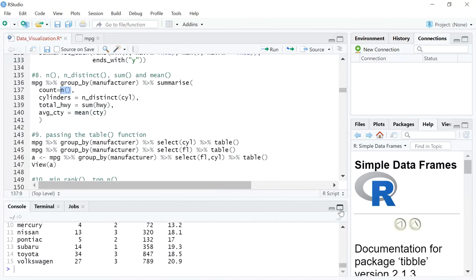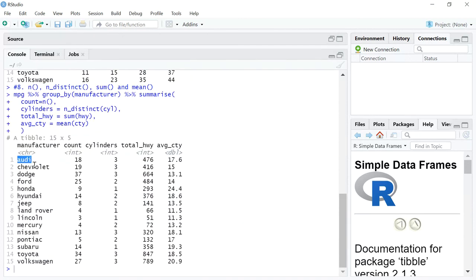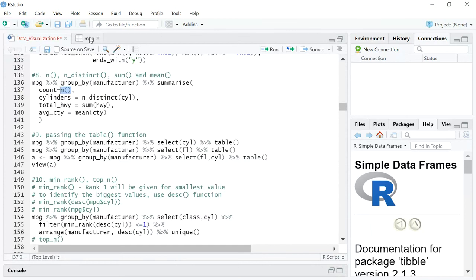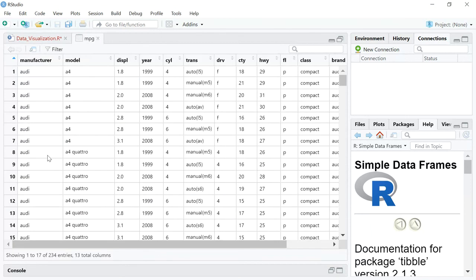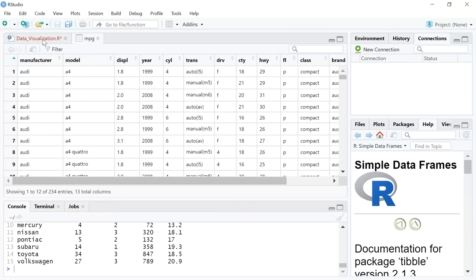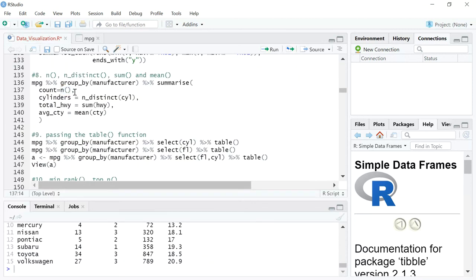So if you want to do a countif, to understand how many, let's say if you look at the mpg database, and if this is on an Excel sheet, what you will do is, if you want to identify how many Audi there are, you will just write is equal to countif, you will select this column, and then in double quotes you will just mention Audi. So the same action is now replicated just by using summarize. You can just put it in the summarize function and say count is equal to n, open and close parenthesis, right? Another useful function is n distinct.